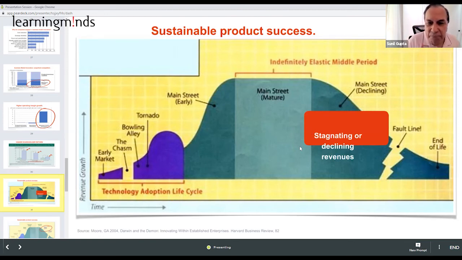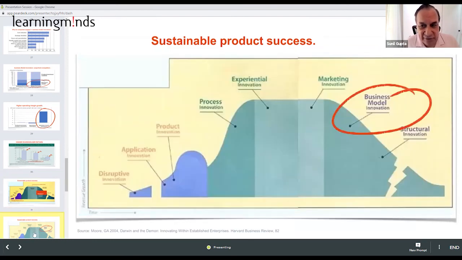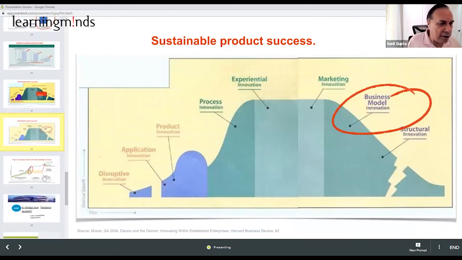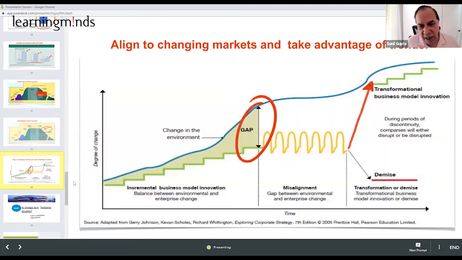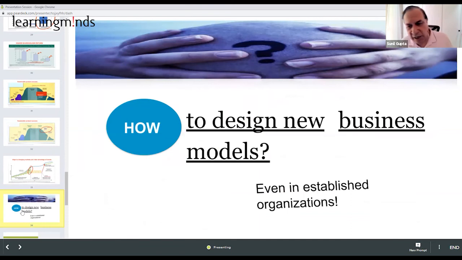So how about medication? That could be put on your tongue and it could dissolve. If you look at some sustainable product successes, early technology adoption will give you a competitive advantage. Those who are able to do this first automatically get competitive advantage and are aligned to the changing trends as well. Those who are innovating are reducing the gap between what the market wants and what they're offering. So, last part of our session, how do you think we should be doing this